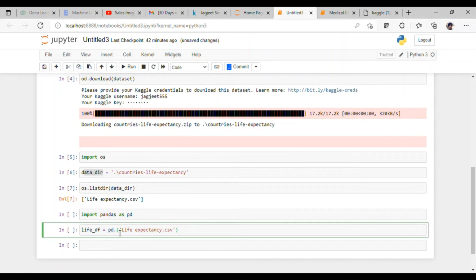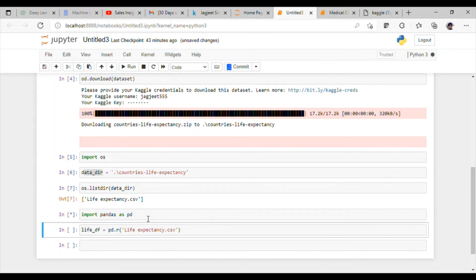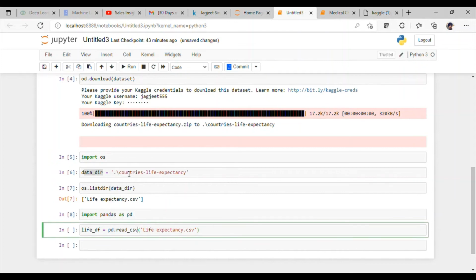Press the tab button, pd dot. Okay, we have not run this. We have to run this. Now it will work. pd dot, you have to read csv.